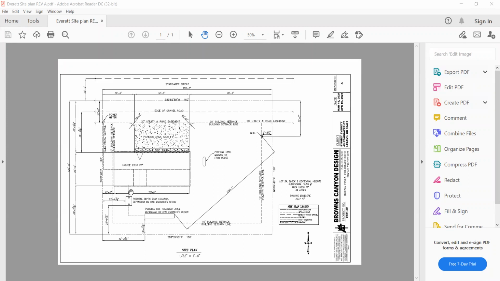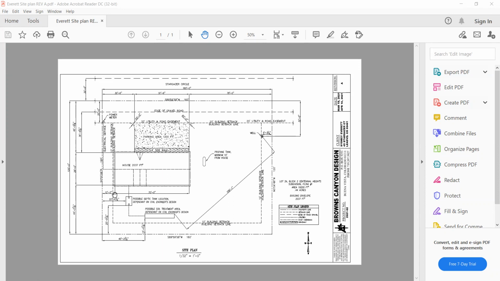And then this line right here is the property line. From this property line, there's a measurement right here of 12 feet on the side.